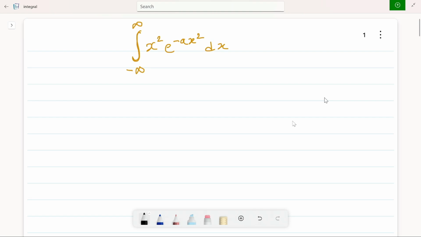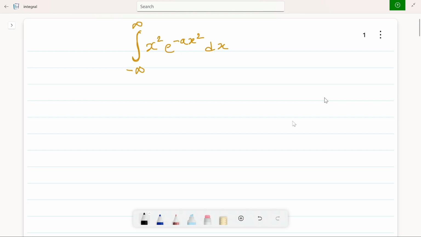Now, how do you go on solving such an integral? Chances are, if you have already taken statistical mechanics or quantum mechanics, you may have already encountered one such integral. Integration by parts can actually be used, but using the gamma function makes things a bit easier, right? More on the gamma function a bit later in the video, but first let us try to simplify